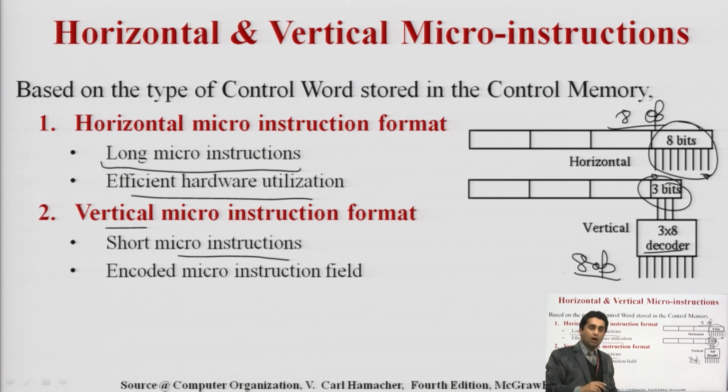For 20 bits, how many bits are minimum required to execute a particular code? 5 bits, because 2 raised to the power 5 is 32. Or 2 raised to the power 4 is 16, but you have 20 operations. So here the size of decoder required is 5:32. So this is the example.